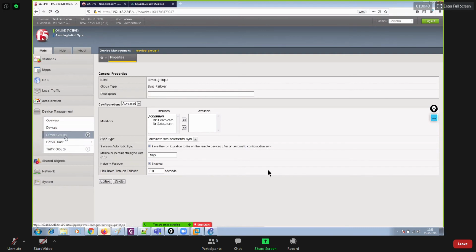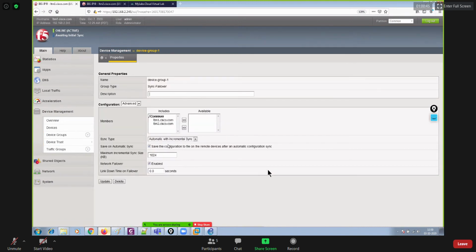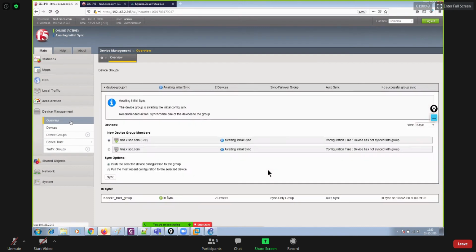So I went to device group. Inside device group, I enabled the automatic sync. Thereafter, let me go back to the overview under device management itself and perform sync at least once manually, right? It is saying awaiting initial sync. We have these two devices here in place, one LTM1, the other LTM2. Now, let's say LTM1 was already part of my network and we have newly brought LTM2 into this infrastructure.